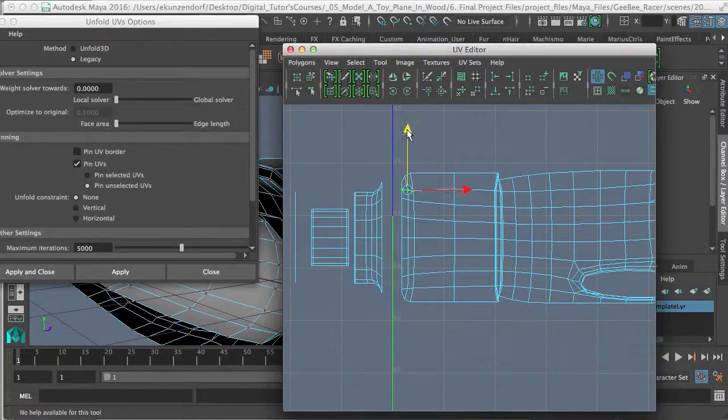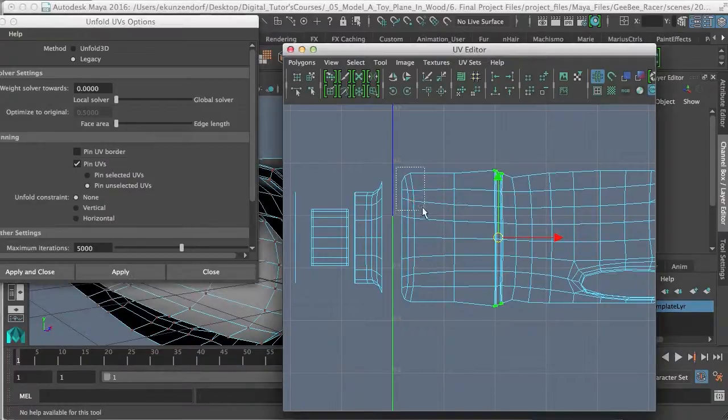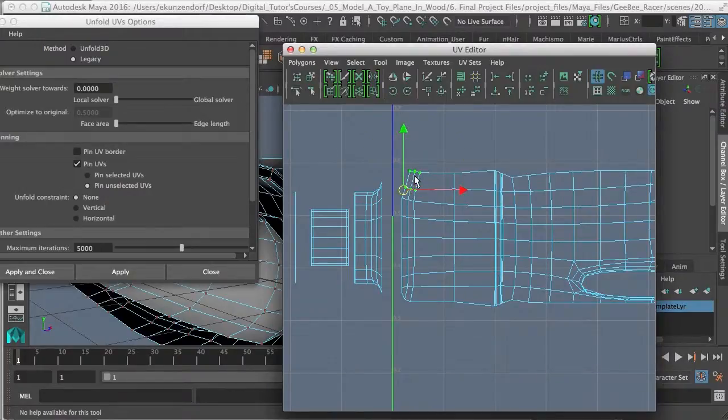I can pull that down a little bit. And you can see when you don't pin the border, it will tend to want to distort. Unless you click, then you can turn off the don't pin the border. And it'll unfold